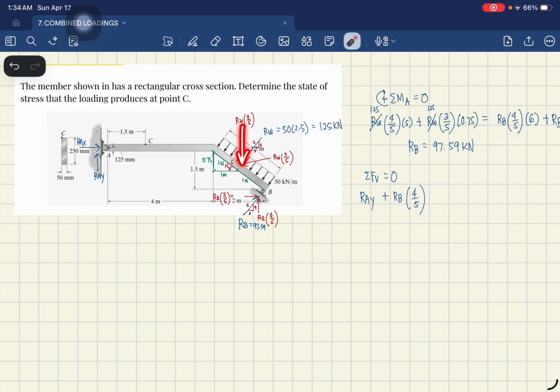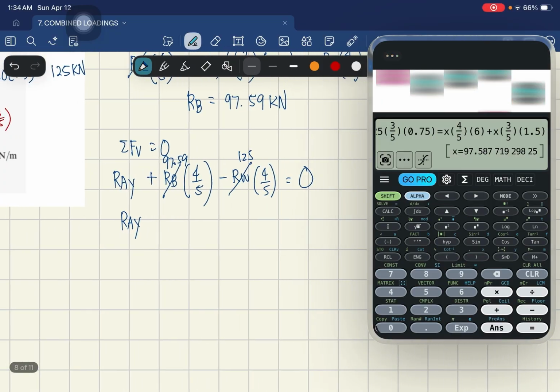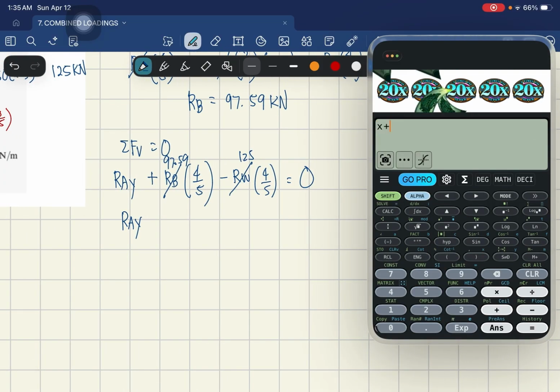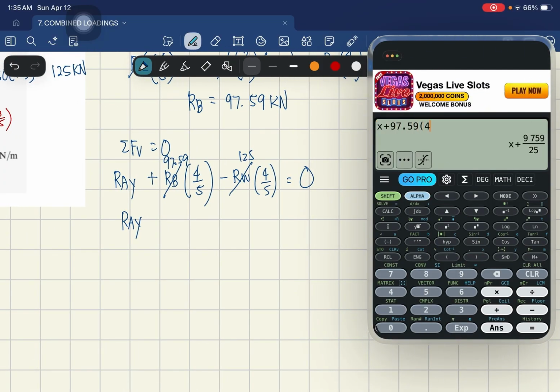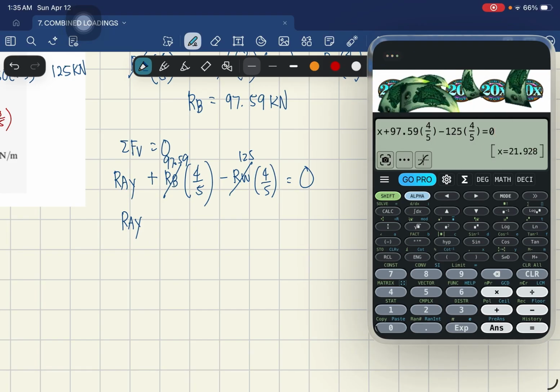Then may isang opposing direction ng vertical component, minus RW 4/5 is equal to 0. Ito, value niya is 125. Yung RB natin is 97.59. So, yung value ng vertical component or reaction at point A is equals to 97.59 times 4/5 minus 125 times 4/5 is equal to